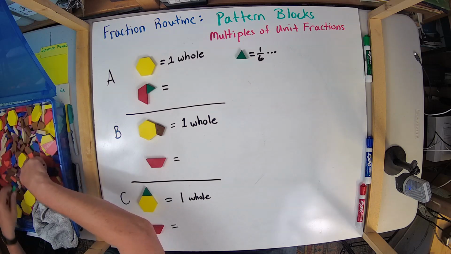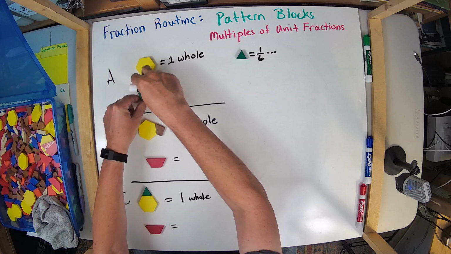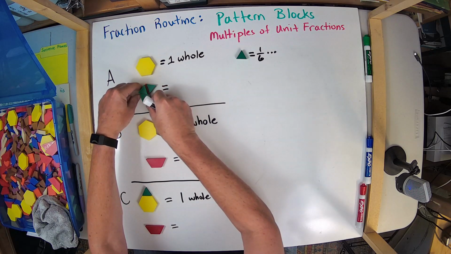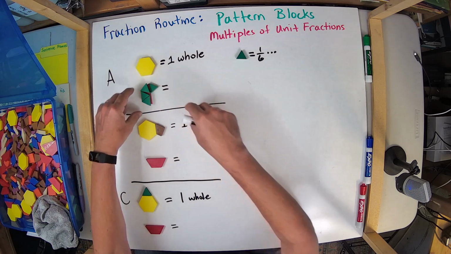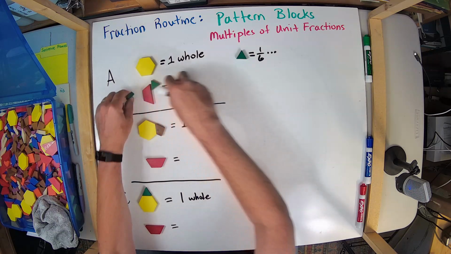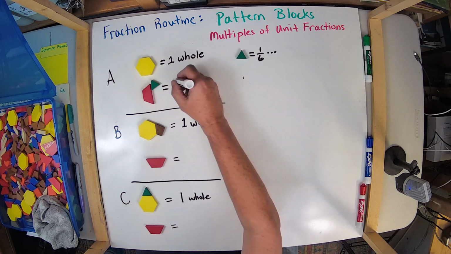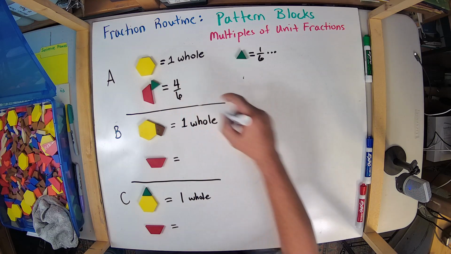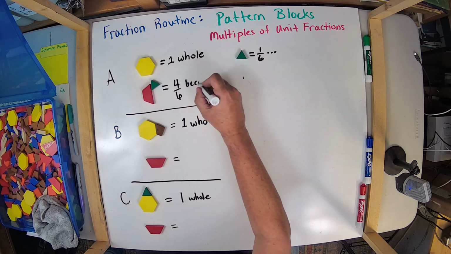Well, notice that the red piece can fit 3 of the green. The red trapezoid can fit 3 of the green equilateral triangles. So that's 4. So that means that's actually equal to 4/6 because, and then my reasoning is because